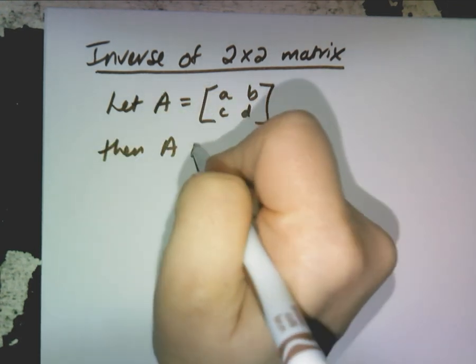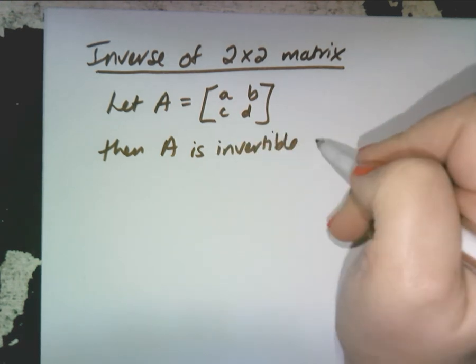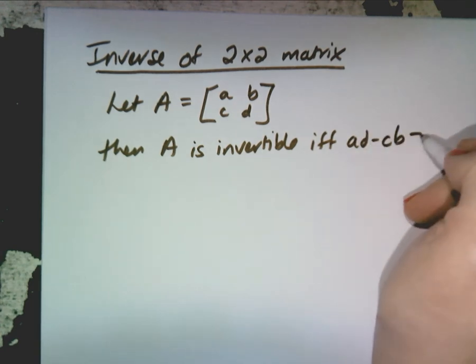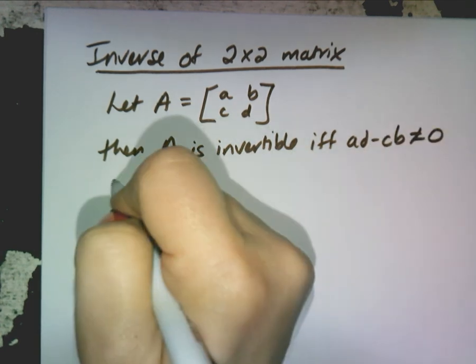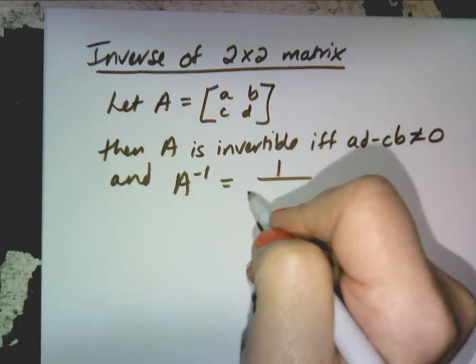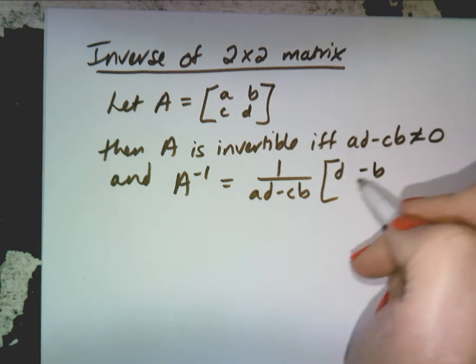Then A is invertible. I'll explain what that means. If and only if AD minus CB does not equal 0. And A inverse is equal to 1 over AD minus CB times